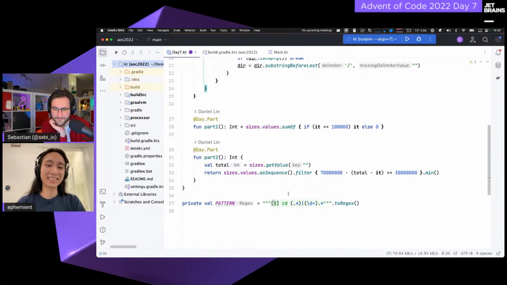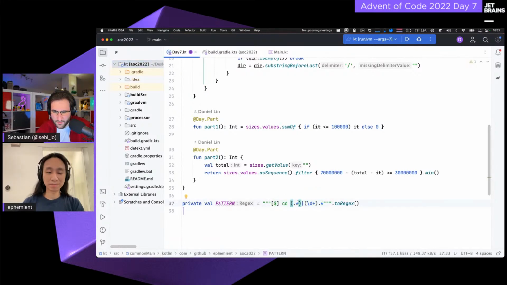So I'm parsing out the cd commands and lines that start with numbers. And it turns out that's all we really care about. So this is just to refresh on my regex basics here. You have a capture group here, which means you're just interested in whatever comes after the cd and whatever your numbers are. Is that right? Exactly. Yes, with an alternation between them. So either the left side of that matches, or the right side matches.